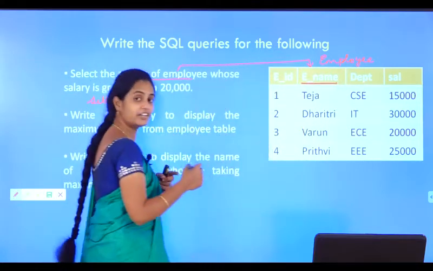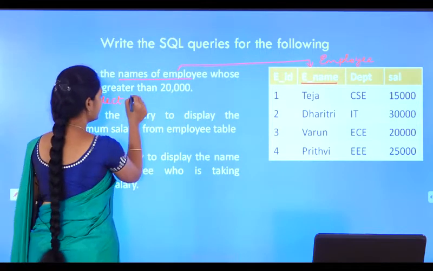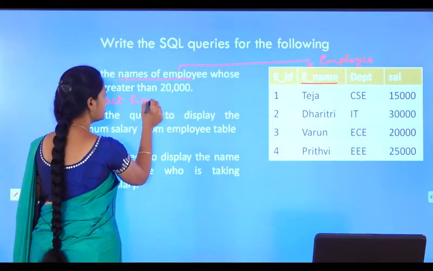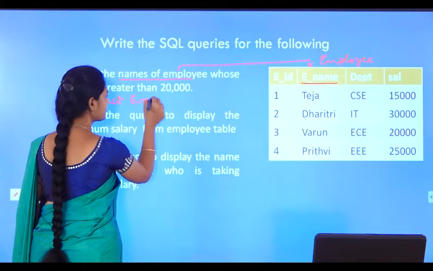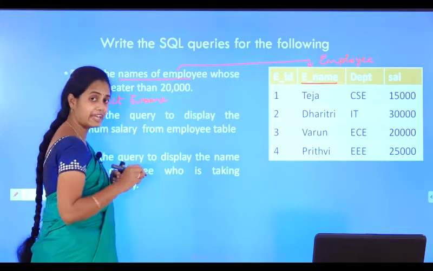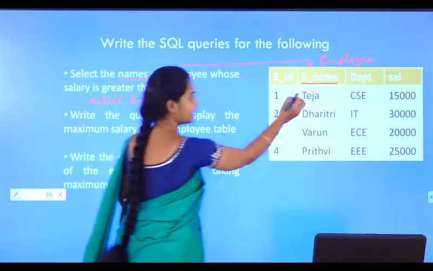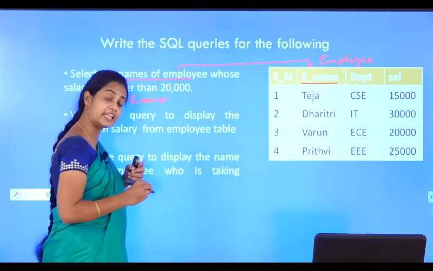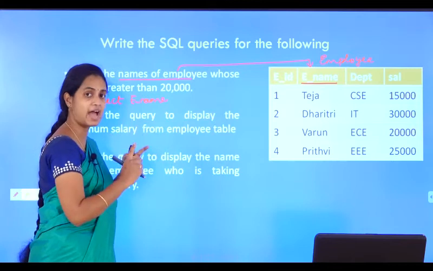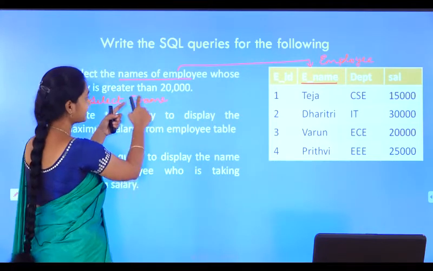E-name. So I need to write select E-name. When you are mentioning the name of the attributes, whatever you write and the name of the attribute in the table should match. So select E-name.